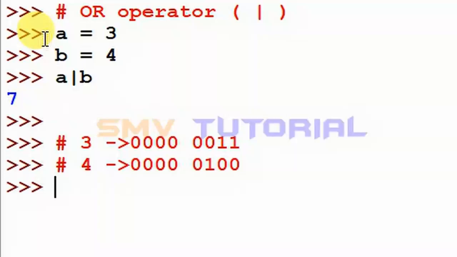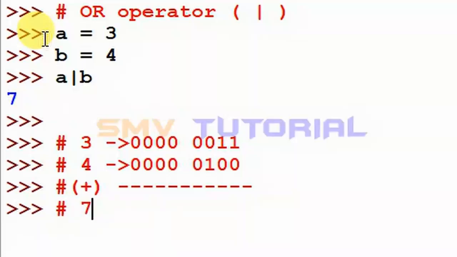Hit enter. Next, the OR operator means adding the two binary values, so I add these values.